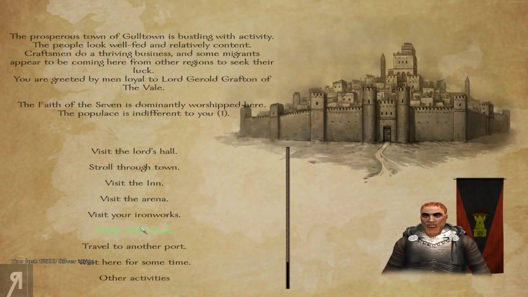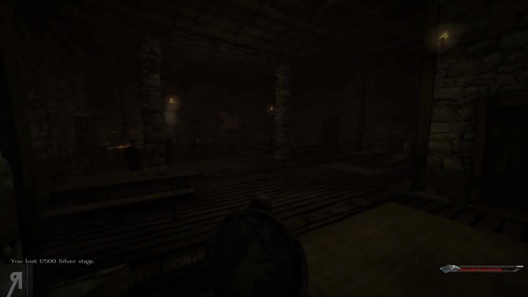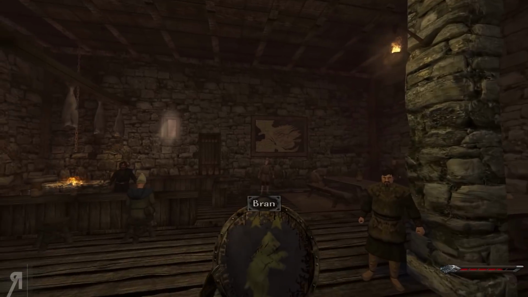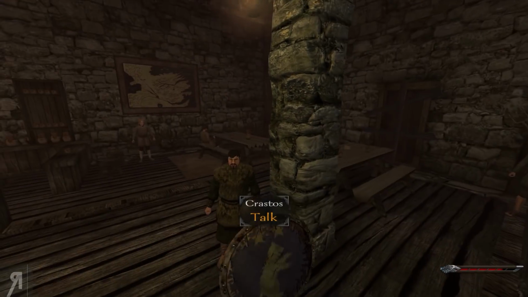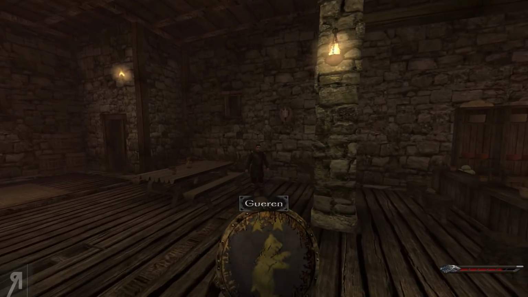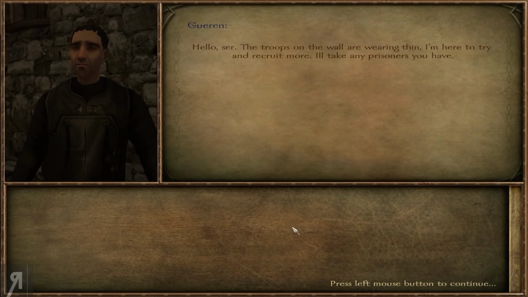Fantastic. And now, well, I guess we might as well look in the inn, just in case the fellow that we want is in here. Yeah. No? No, it doesn't seem like it. There are a bunch of companions in here, but I don't know...